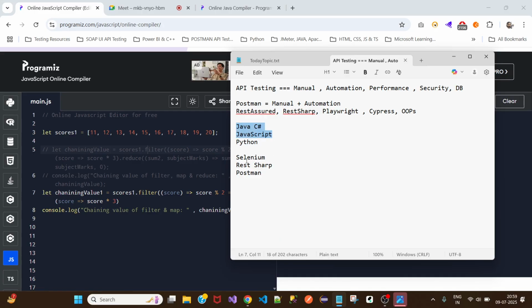But if you know one tool and one language, this will be similar. These also will be easy to learn, because all the concepts are the same. We have data types, we have operators, we have loops, we have conditional statements, we have arrays. Only in JavaScript we have JavaScript objects, but you don't have that in Java or C sharp. You don't have Java objects separately, C sharp objects separately. So yeah,